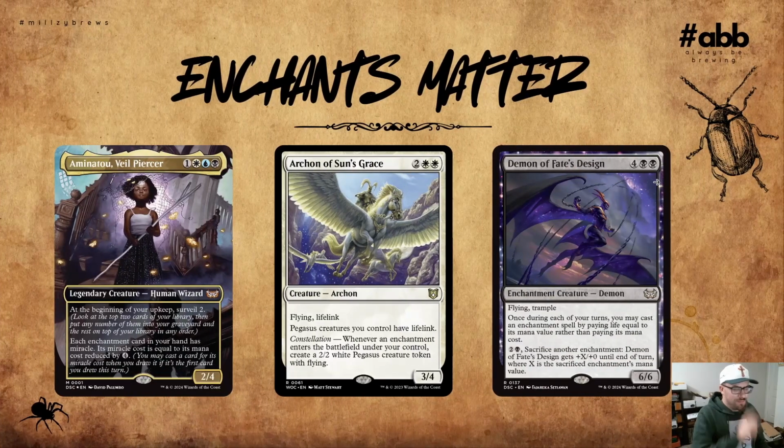As far as enchantments matters go, there's a lot of both enchantment creatures that are already going to get the buff from Zur, and then creatures that care about enchantments. We're going to play Amanatu from the precon because it's just going to reduce the cost of those first enchantments. You know, that first card, if it's an enchantment, it's going to reduce the cost of it, make it easier